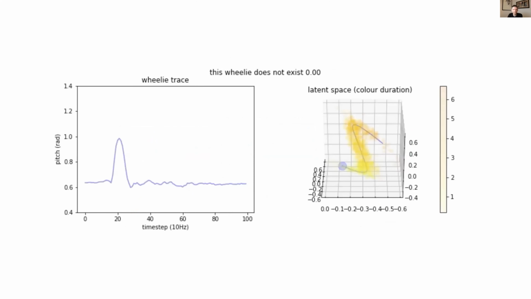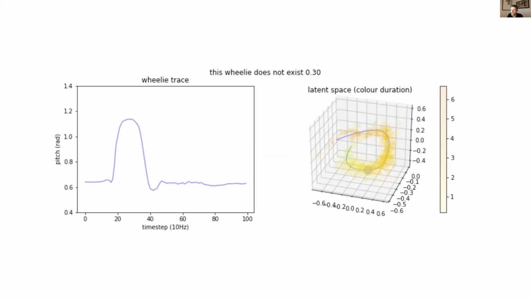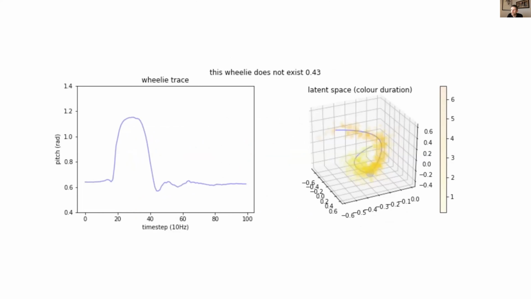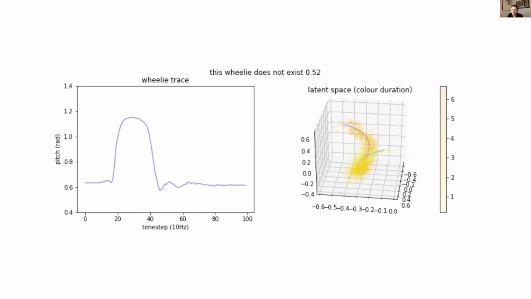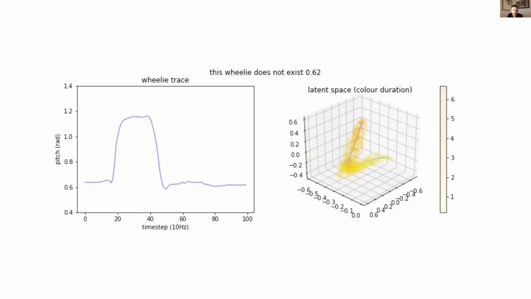And so that allows us to do fun stuff like smoothly recreate imaginary wheelies of arbitrary duration as we move through that space. This is a good example of how we